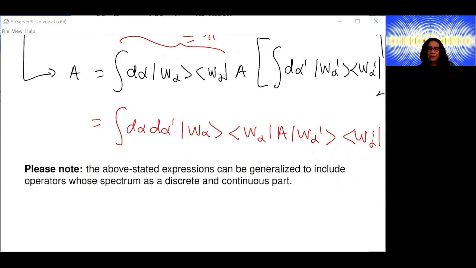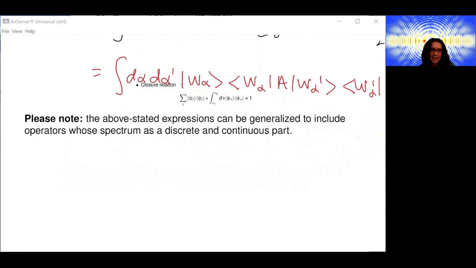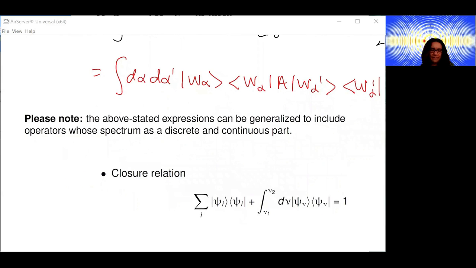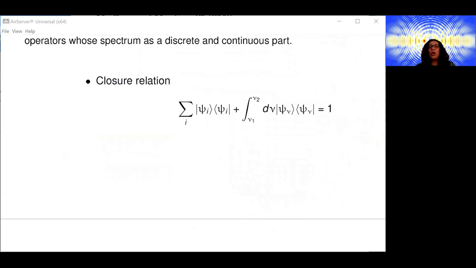One thing that you would have to know then is what is discrete, what is continuous, and in this case, your closure relation would be given by this expression here. And what you can see is that here you have a discrete part of your spanning set, and here you have a continuous part. Question: what are the situations in which you have to do this or you might be faced with in your life? So examples: